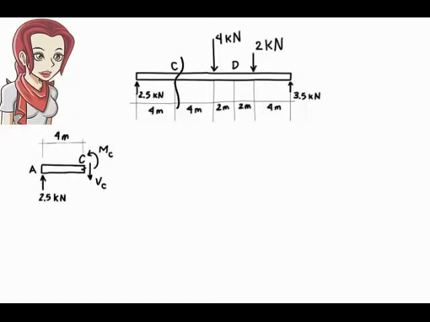Note that I did not draw the internal axial force at C, since I already know there is no axial force in play here. How do I know that? Because there are no applied forces in the x direction. The relevant equilibrium equations, therefore, are